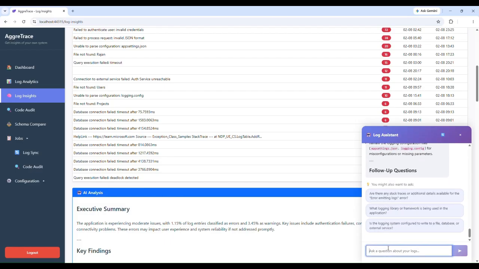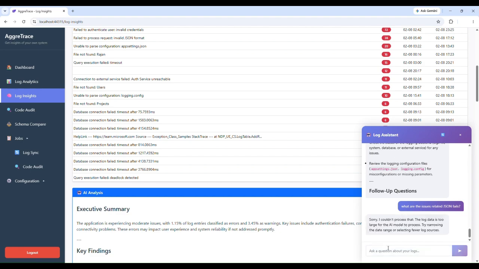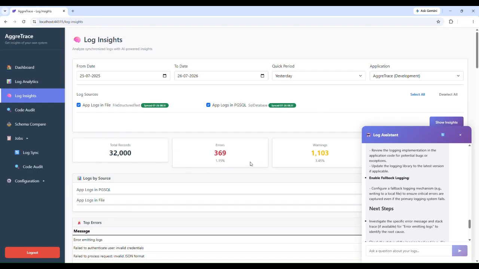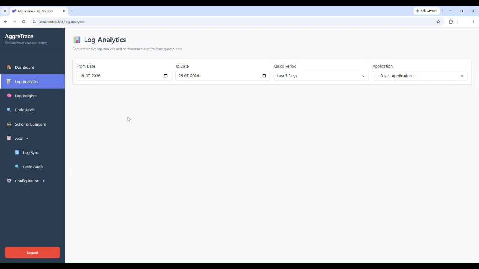You can also ask questions, for example, what are the issues related to JSON failures. It gives you that information based on the data. So this gives you a very interactive way of understanding your issues, and then the log analytics helps you narrow down further